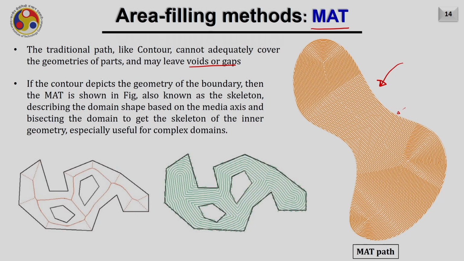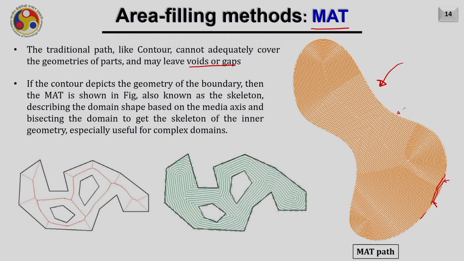The only issue we are facing here is the number of lifts, because all these passes have some segments. So, for example, if I talk about this line, it starts from here and ends here, and similarly this line will start from here and end here. It will start depositing material here, then pause or stop, change its position and start depositing at another location. Of course, it can be optimized up to a certain amount by connecting the nearby passes in such a way that we have the minimum number of lifts. However, it cannot be eliminated, some lifts may be there.